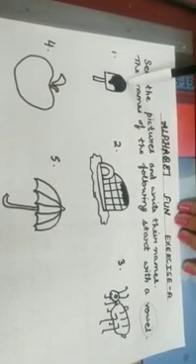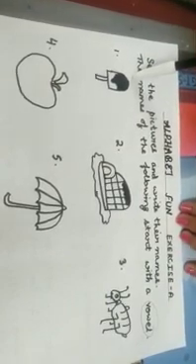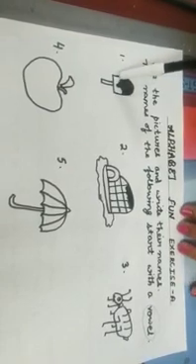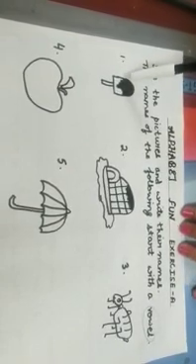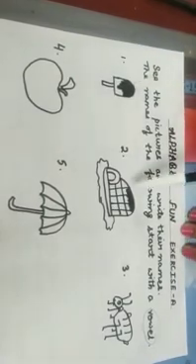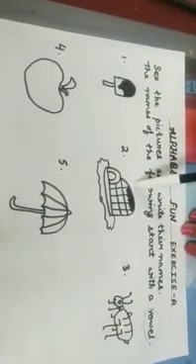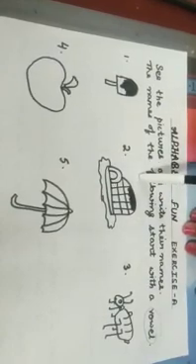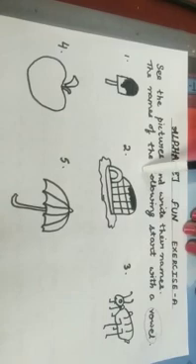Like the first one, we all eat this in summer season, so this is an ice cream. Ice cream starts with I, which is a vowel. You can write down the spelling of the ice cream in your rough copies. The second one is a house of the Eskimos. It is called an igloo. Igloo again starts with I.